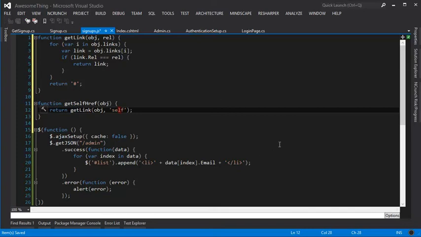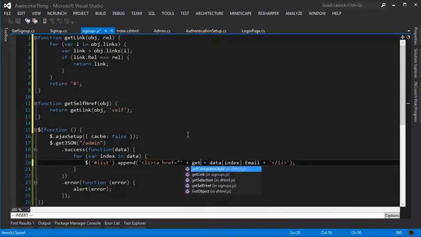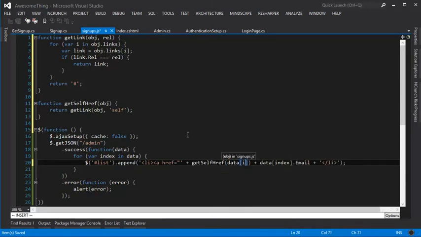And so in here, where we've got the list being built, we can say href equals, and then in there we'll put get self href data index, and then close that down there like that, and then over here of course we'll need to close that link,